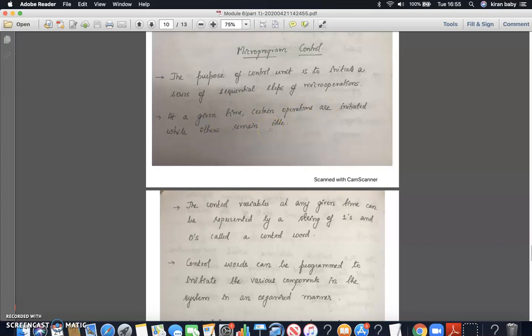That is the reason why in the flip-flop method, only one flip-flop is set and all others are cleared to initiate one single micro operation while all others are set idle. So the control variables at any given time can be represented in terms of strings of ones and zeros. So if it is 1, 0, 0, 0, it means the first flip-flop is set and all others are idle, or all others are 0. That string consisting of ones and zeros is called a control